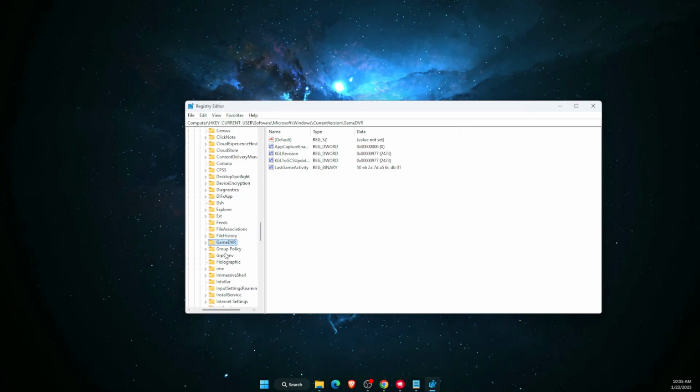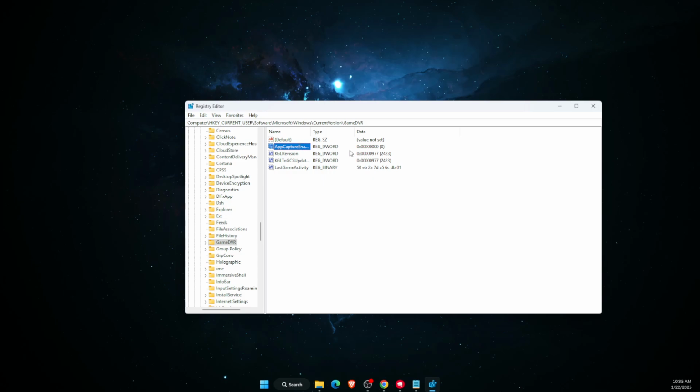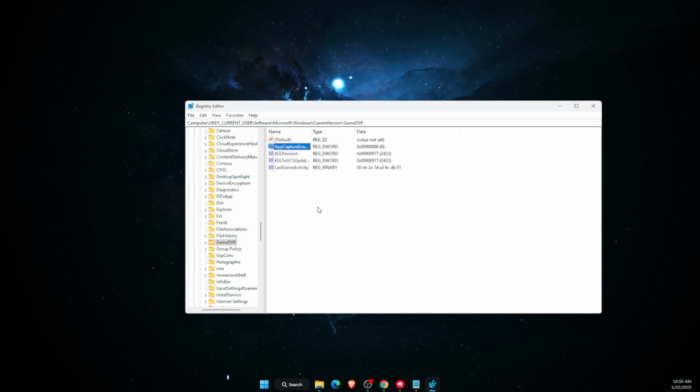as you can see. Once you find GameDVR, you need this file, which is called AppCaptureEnabled. If you don't have it, then you can create it. I'm just going to show you in a second. So you want to double-click it and make sure that the value data is 0. If you don't have such a